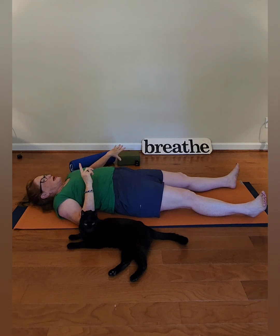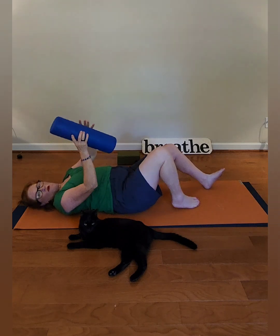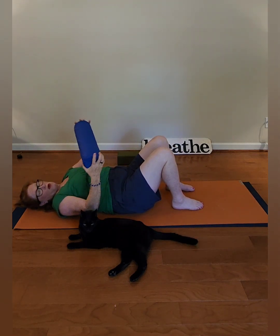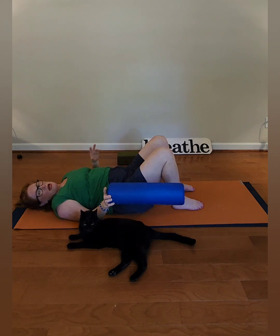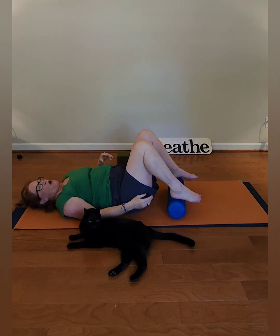fight each movement. Let's begin with taking your, I'm using a performance roller today. If you have a longer roller, ideally you're using a melt roller, but if you have a more standard roller, the white or the black, you can use that as well. Just work on always finding,